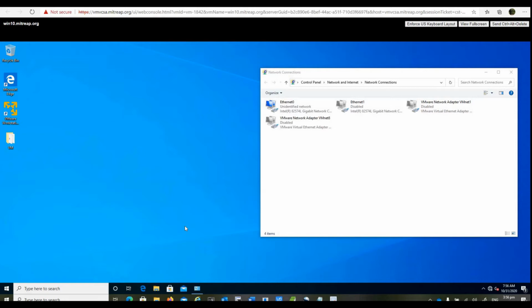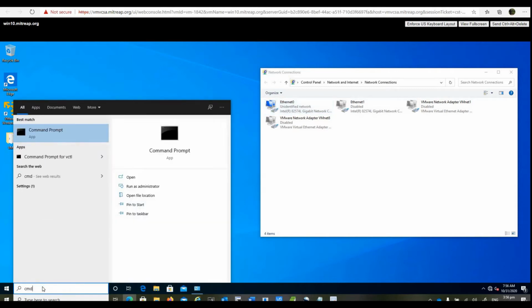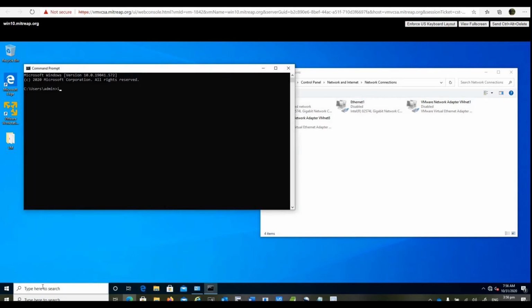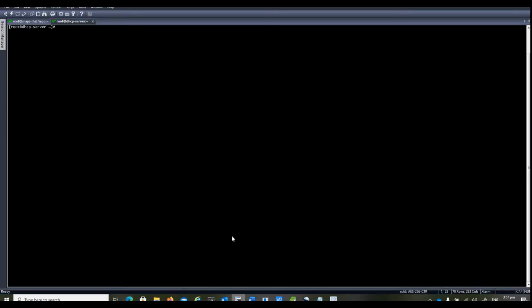From my screen, you will see I have a Windows 10 client with no IP address. And you will see from here, it's showing unidentified network. From here, we can verify by typing in CMD and then keying in ipconfig. So from here, you will see that there's no IP address assigned to this Windows 10 client. And because of that, this Windows will not be able to connect to the internet or to any network. So to solve this, we can install a DHCP server